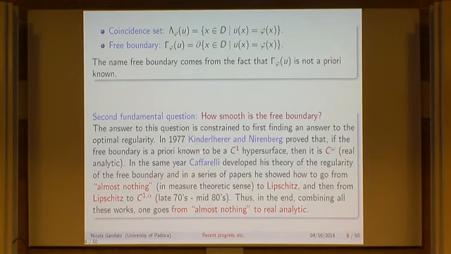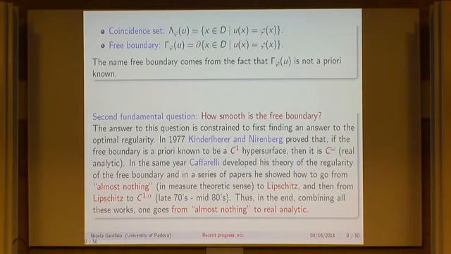Kinderlehrer and Nirenberg showed this fundamental result: if you know a priori that the free boundary is a C1 hypersurface, then it's real analytic. So the free boundary smooths out. And then